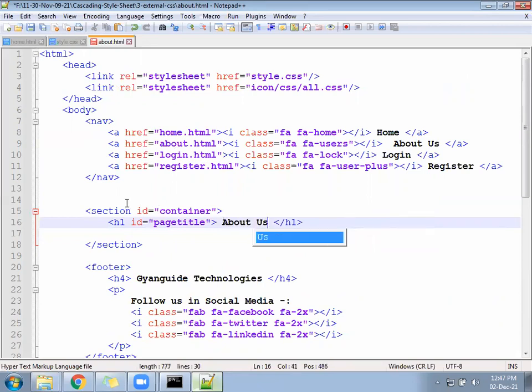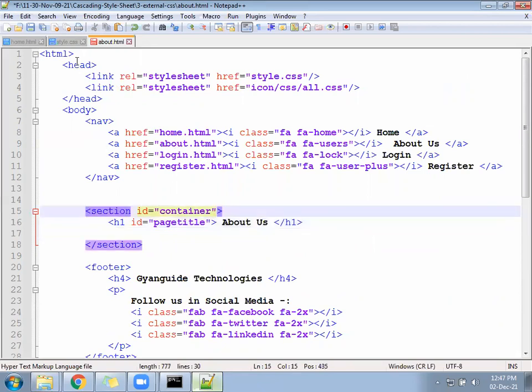So our page is this much only in about us. In HTML, we deleted everything from the container. We kept only H1, only H1 here under the container.